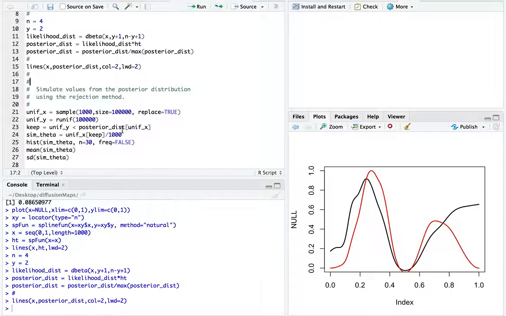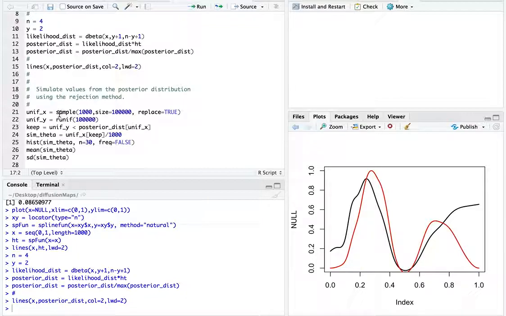What I'm going to do is rejection sampling. So rejection sampling is I'm going to uniformly generate points in the x direction and the y direction. And if they're under the curve, I keep them. If not, I throw them out. And then I count how many points are left at each x value. And where it's high, there will be a lot. And where it's low, there will be not many. And that'll give me a simulation of independent